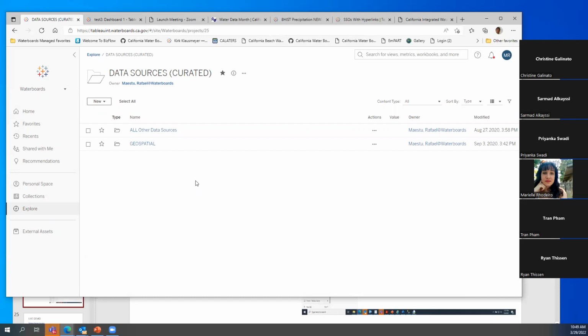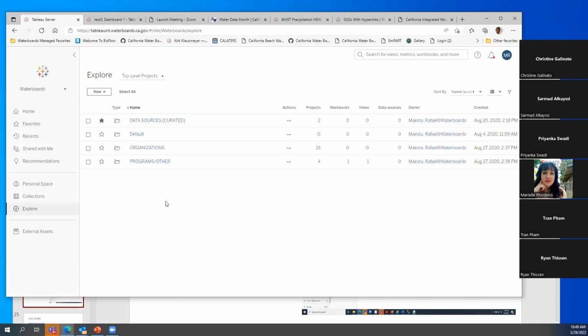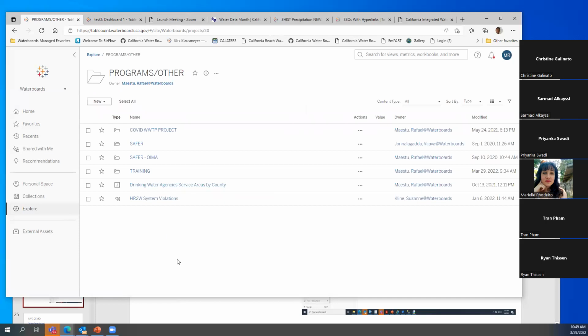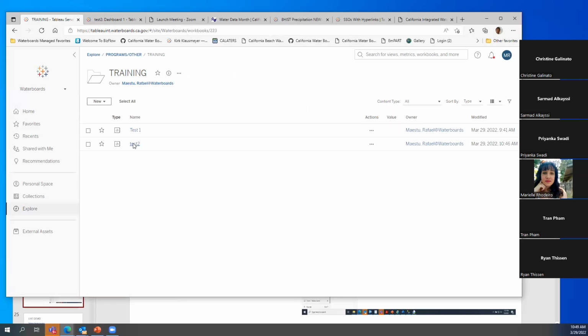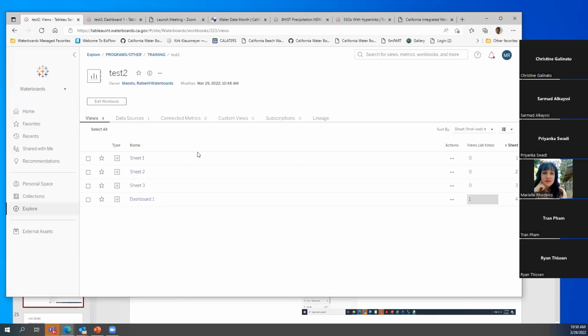Rafa, I was wondering, if I didn't want to ruin the visualization you just created, but wanted to add something to it, how would I make a copy of that and still preserve what you made? Okay, you can download it, or you can edit right here if you have this box. I know that we have some problem with permissions.